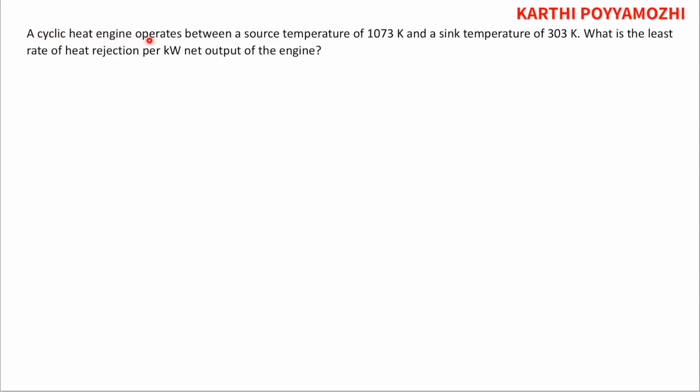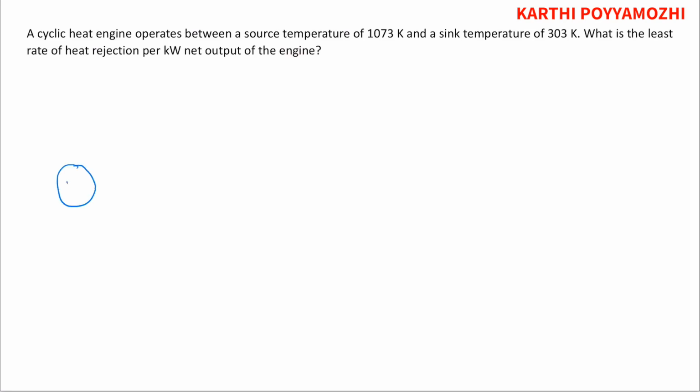A cyclic heat engine operates between a source temperature of 1073 Kelvin and a sink temperature of 303 Kelvin. What is the least rate of heat rejection per kg net output of the engine? That is,